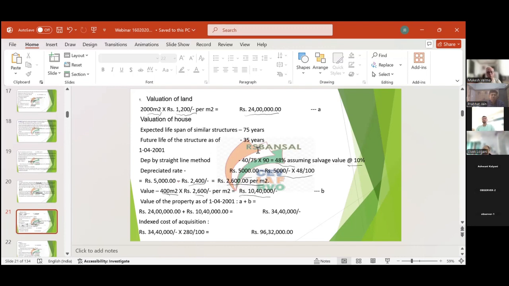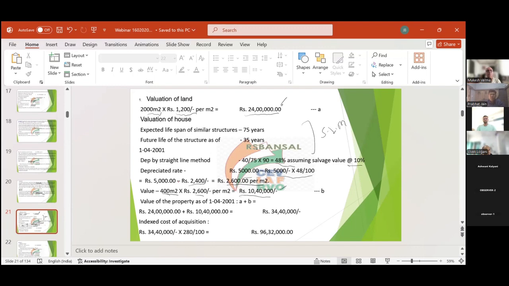So the total value of the land, which is 24 lakh plus 10 lakh 40,000, which is the value of the building, is 34 lakh 40,000. So you calculate its indexed value: 34,40,000 multiplied by 280 upon 100, which is 96,32,000. So here we have applied the straight line method